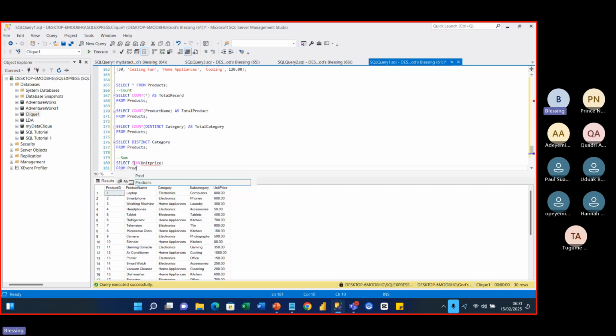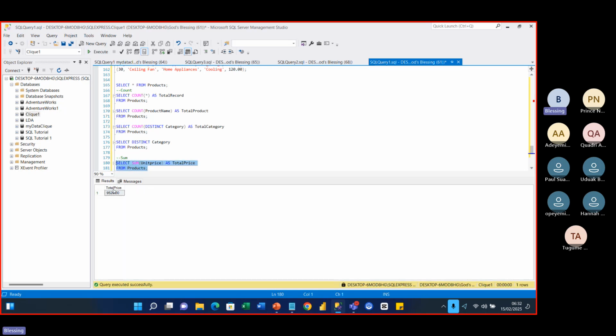From the product table. Then I will end my query. Don't forget, anytime you're performing any aggregation on any of the fields, make sure to alias it so that it would give it a column header, because this is like a derived column. So I have to give my derived column a name, so as total price. So I'll run this, execute it, and you can see our total price is around